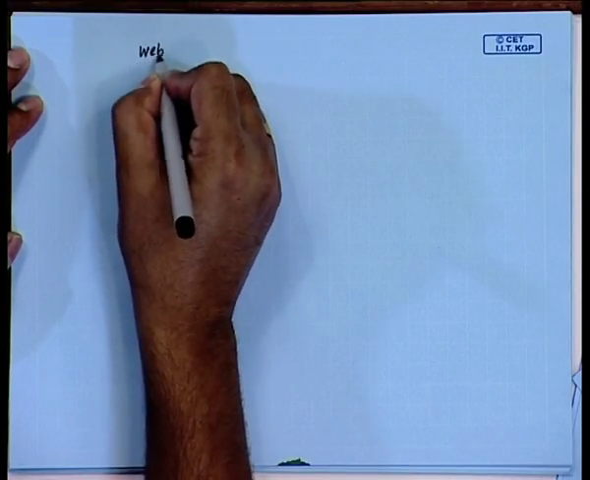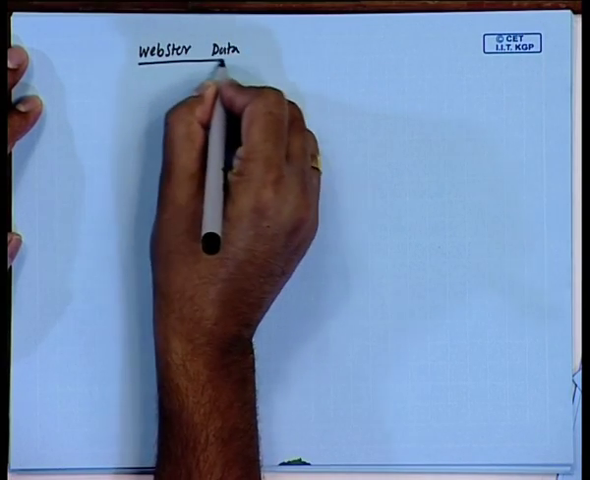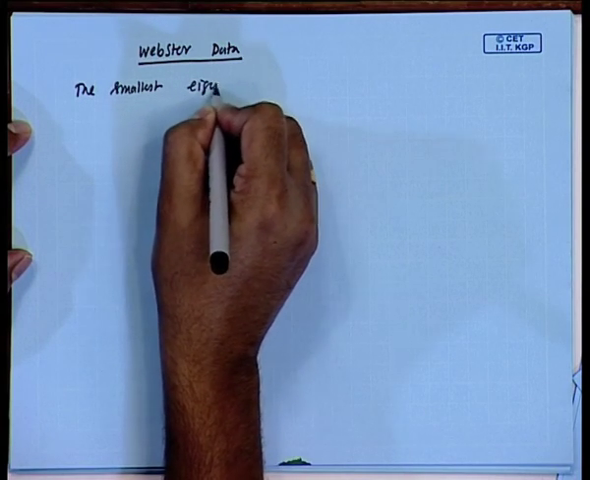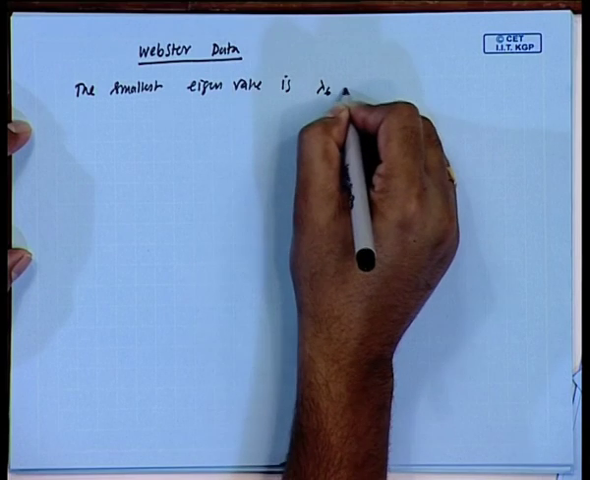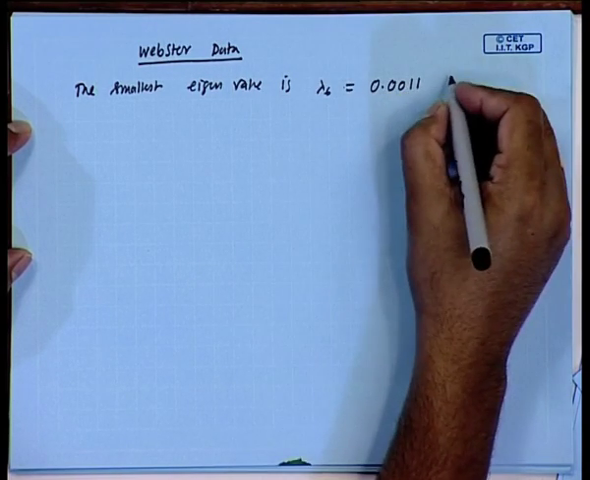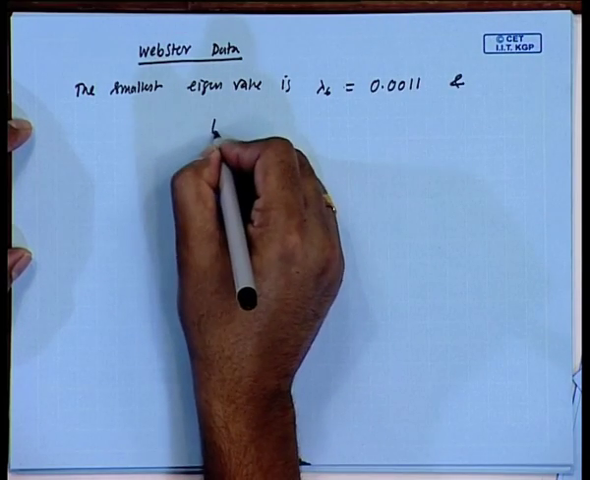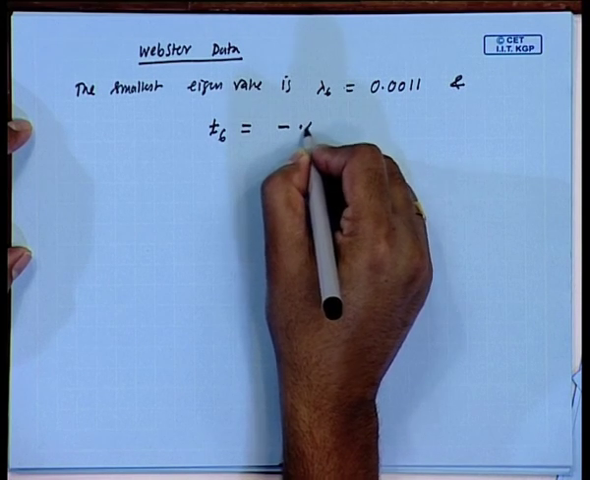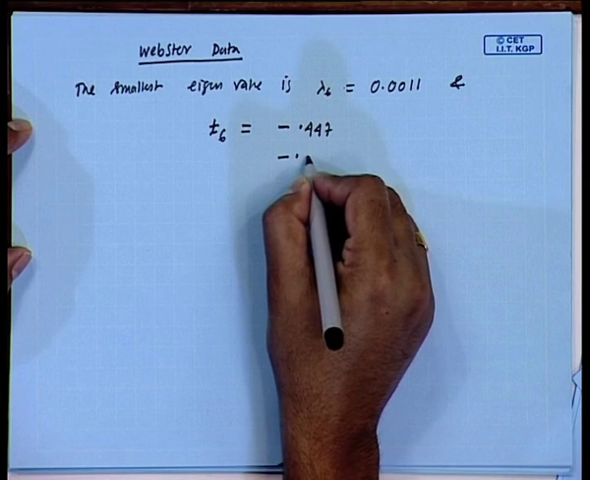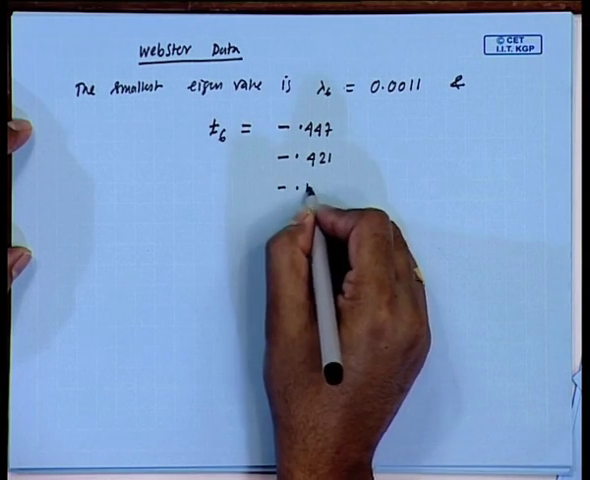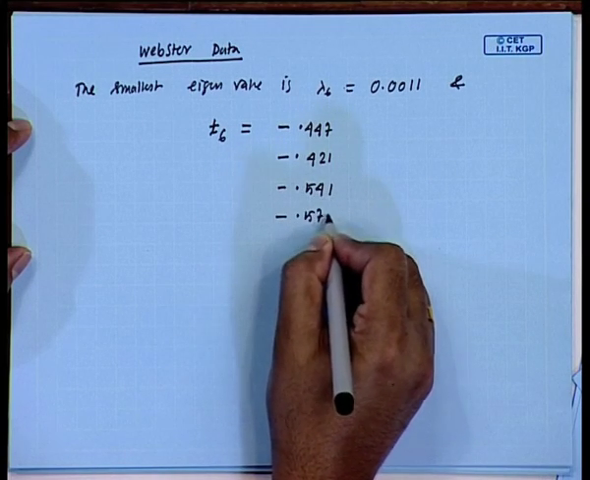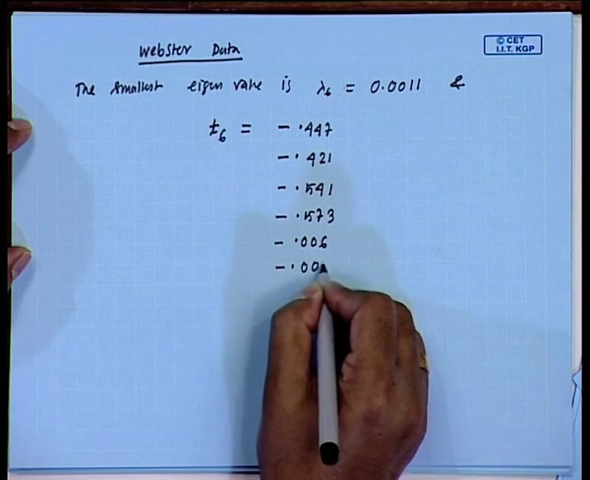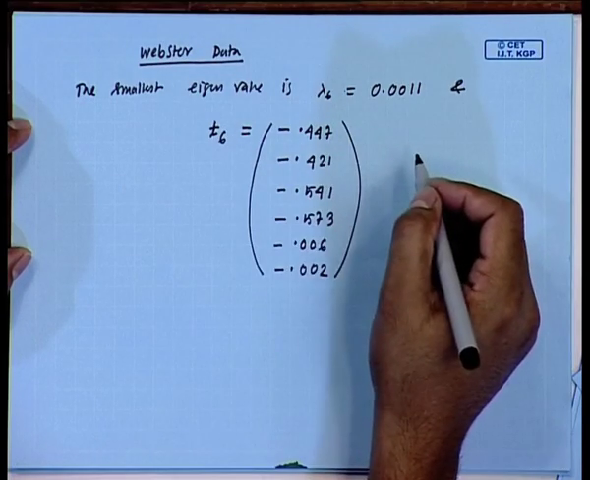Okay. Here the smallest eigenvalue is lambda 6, which is equal to 0.0011, and the associated eigenvector, that is T 6, is equal to minus 0.447, minus 0.421, minus 0.541, minus 0.573, minus 0.006, minus 0.002. So, this is the associated eigenvector